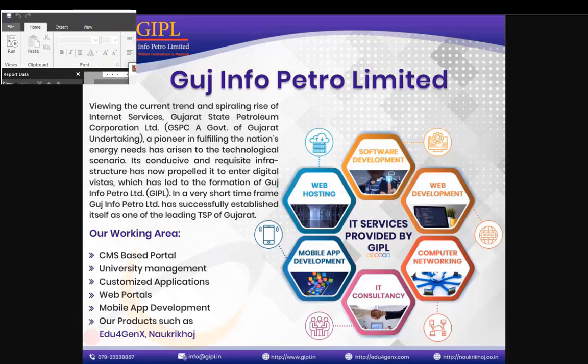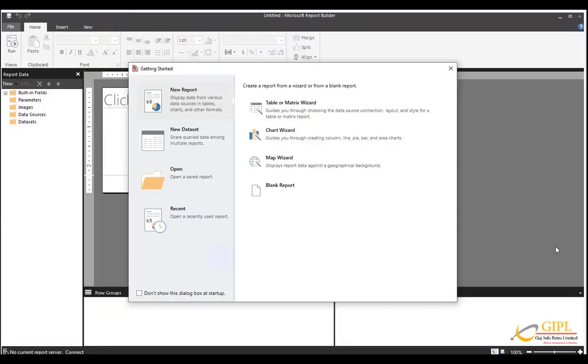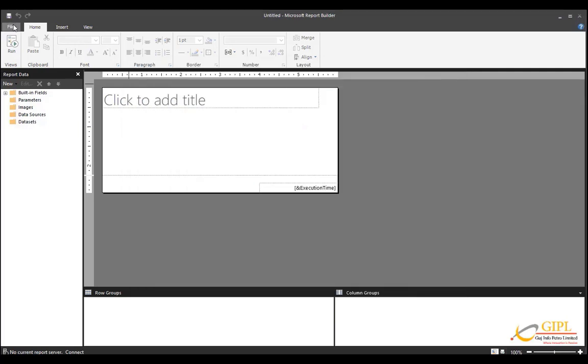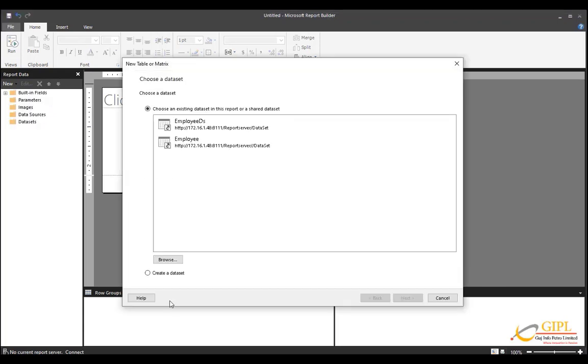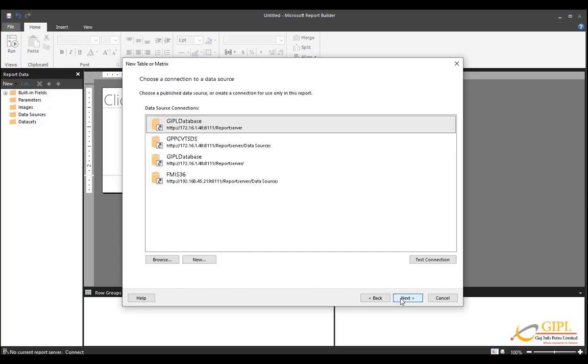Let's start our video. How to create report through wizard. Open Report Builder, click on table or matrix wizard, or click on file, click on new and select table or matrix wizard. Choose create a dataset. Click on next.